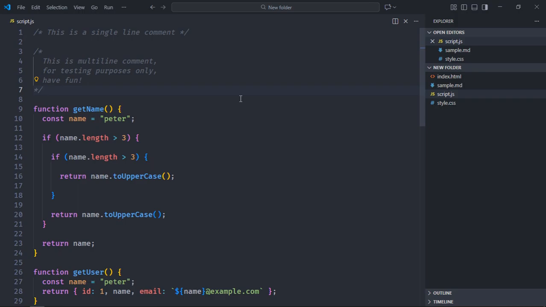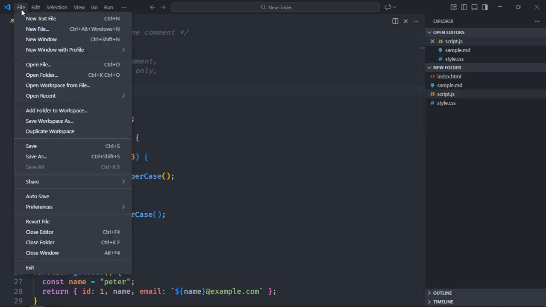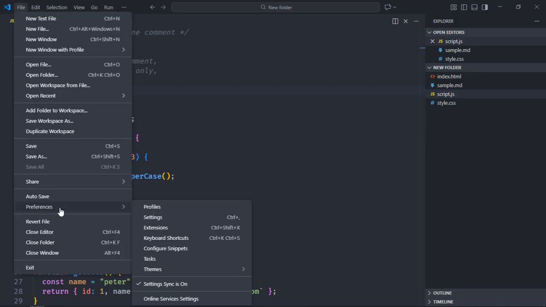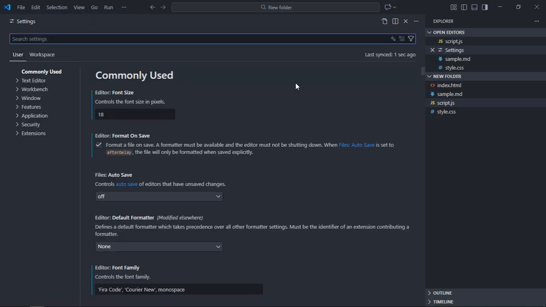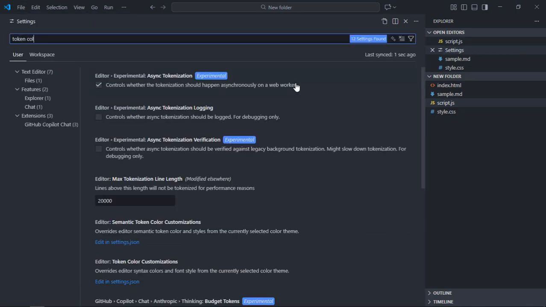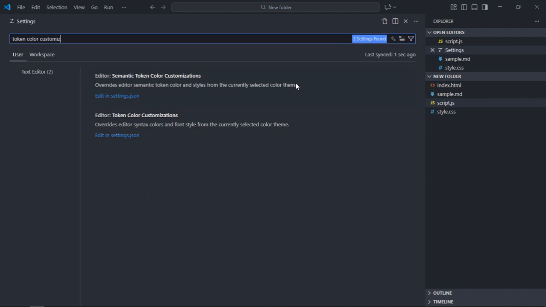Now to do so, I have to go to the File menu, Preferences, and then click on Settings. Here simply type token color customization, and here you will get these two settings. I'm not interested in the first one, I'm interested only in the second one, token color customization. Now click here, edit in settings.json,